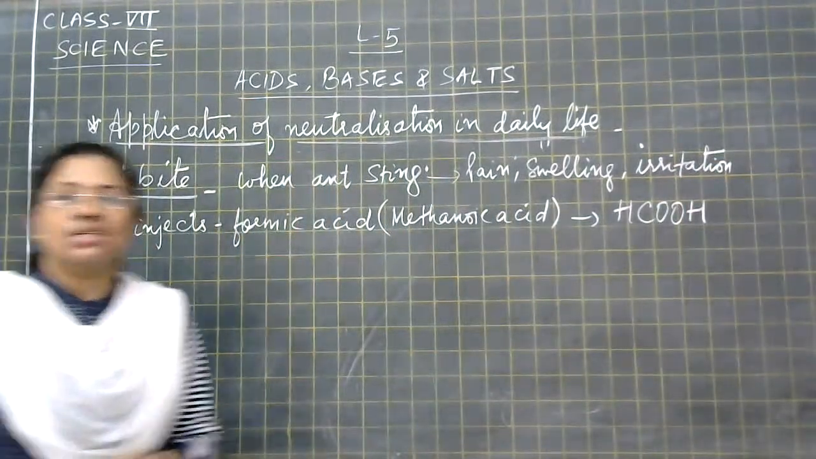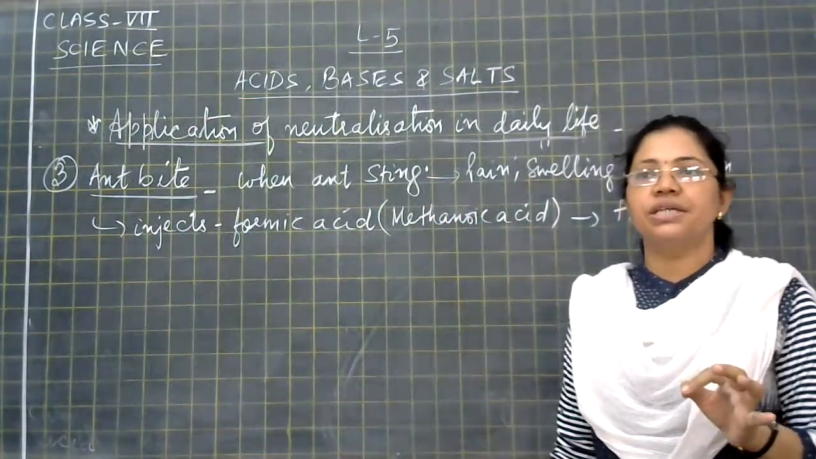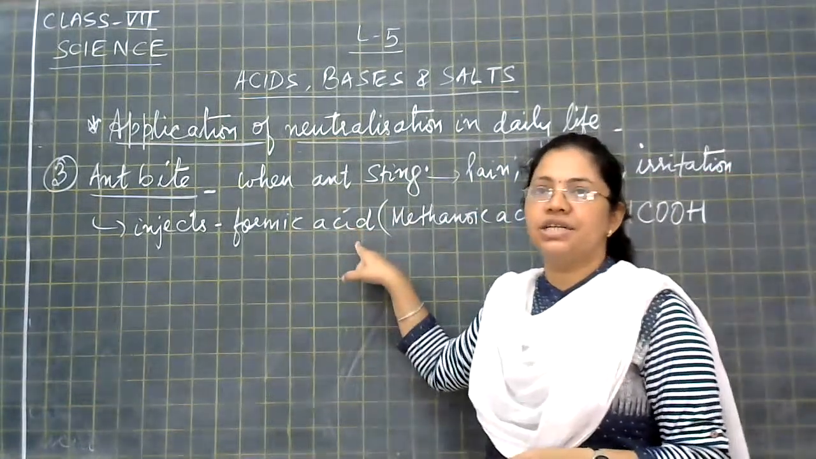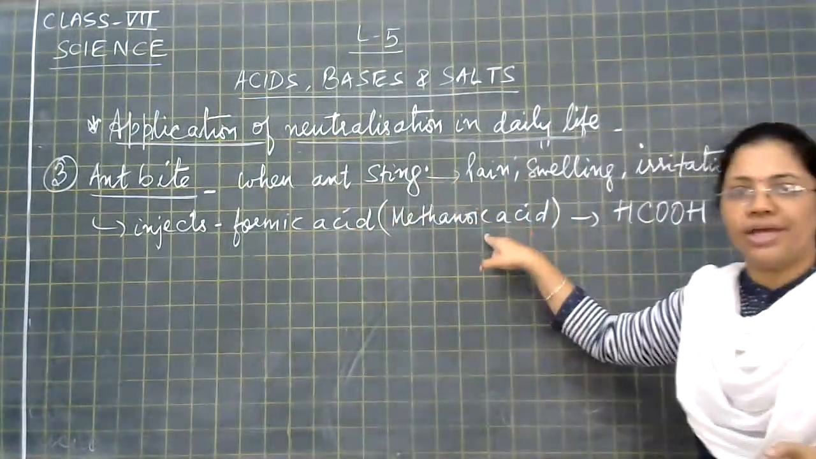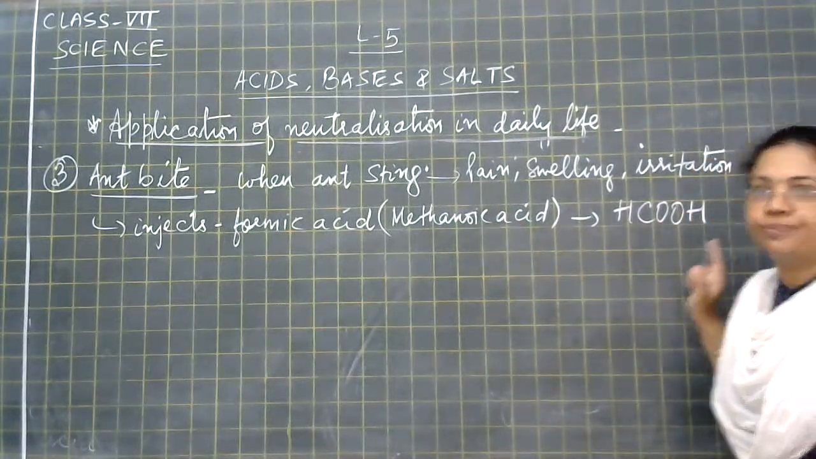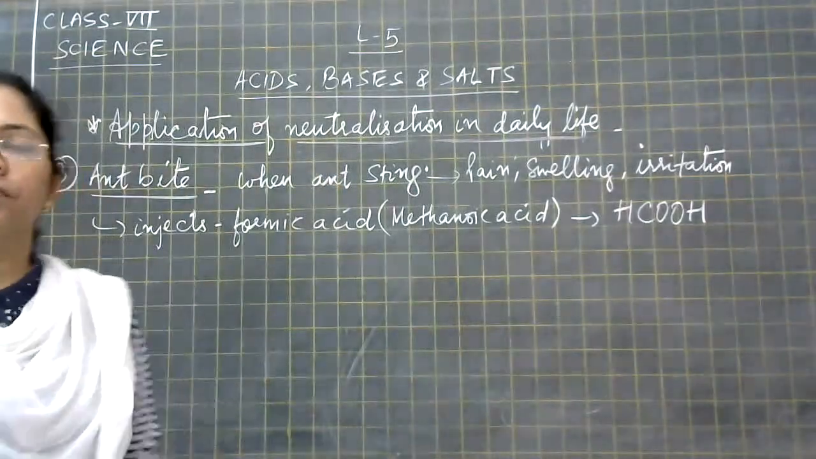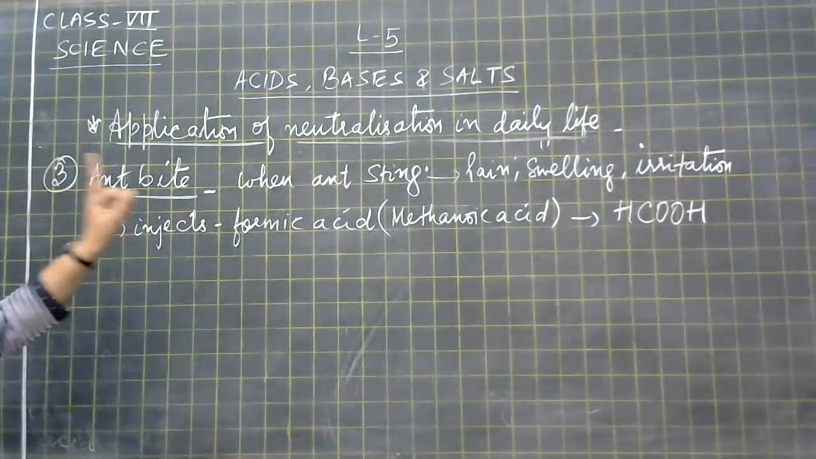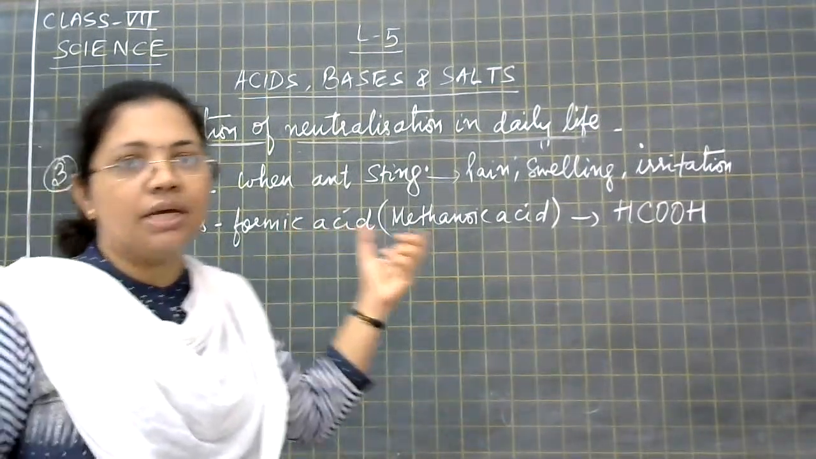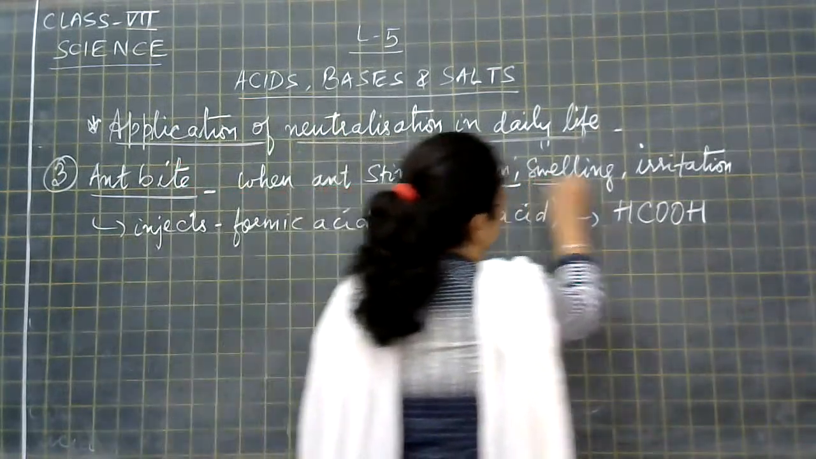Yes. So in the sting of an ant, an organic acid is present, and that acid is formic acid, which is also known as methanoic acid, and the formula goes HCOOH. That is for methanoic acid, right? So when this acid is injected inside our body, because of the effect of that acid, we get pain, swelling